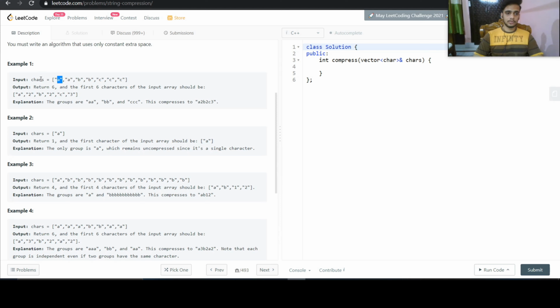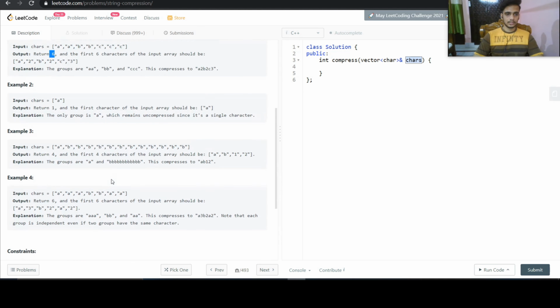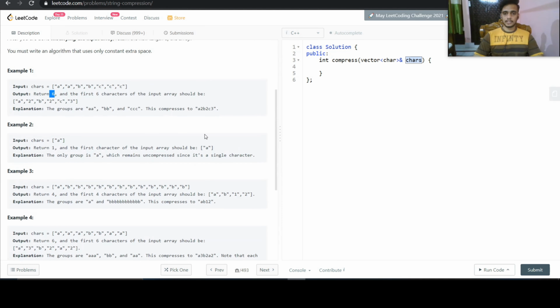And similarly, we need to return the answer in this fashion, like a character array, and we need to return its size. This will be changed in the chars array itself, since it is passed by reference, and we need to return the length. So that's it. Let us start solving our problem.